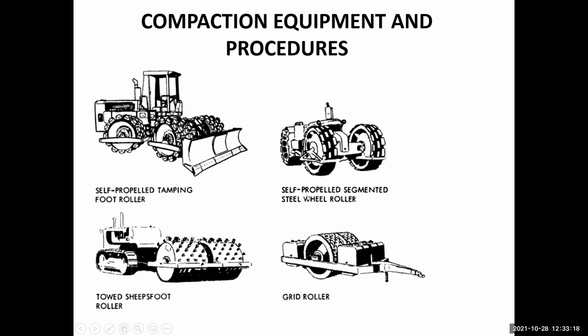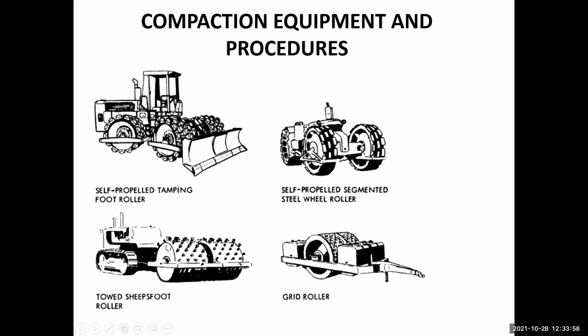Self-propelled segmented steel wheel roller. So here we have the segmented steel. That means segments have been provided over here on the wheels, those protruding segments. And then the sheep foot roller. In the sheep foot rollers, you can see that relatively sharper protrusions have been provided. And in the grid roller, steel mesh has been used on the surface of the roller to provide the